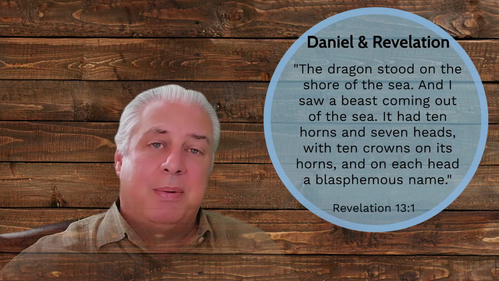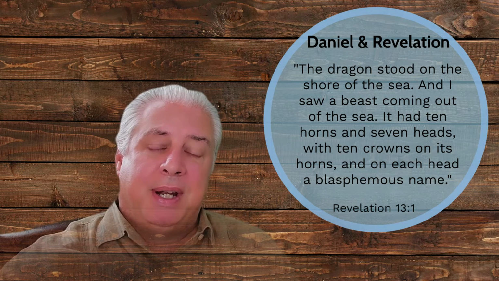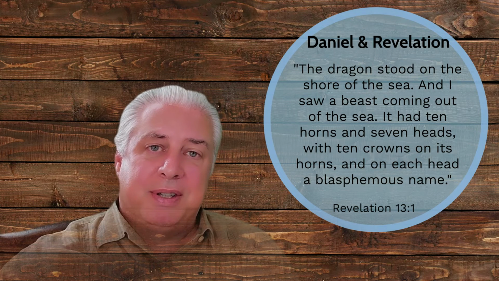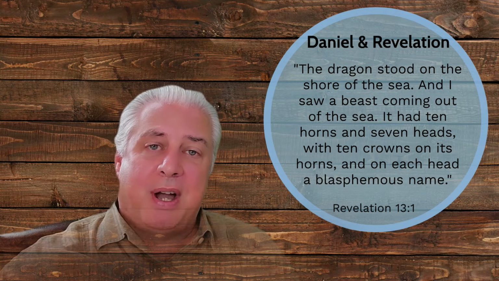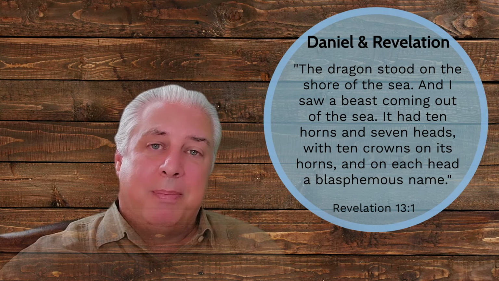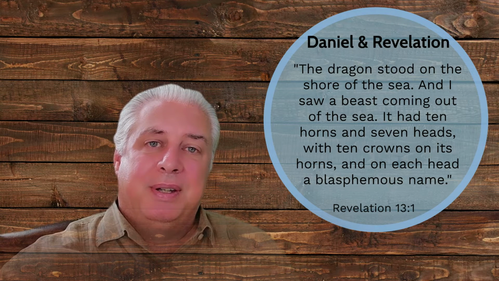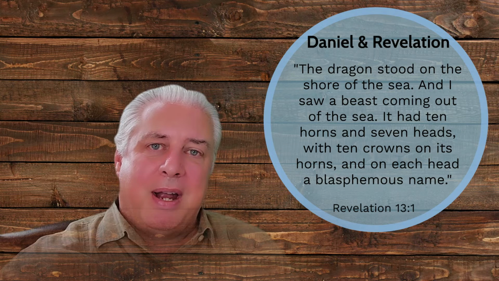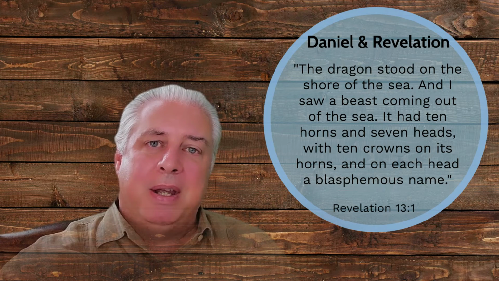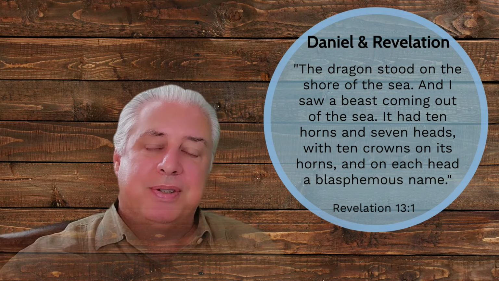I mean, we've already seen it refers to a line of rulers in chapter 8, not just to one. And I think this example of Revelation tells us that there's two fulfillments, one in Antiochus, another one in Titus, and maybe still more. In the books of 1 John and 2 John, we hear about antichrists, plural, and the spirit of Antichrist. So let's be cautious as we try to assign these images. You know, we started this session by pointing out that depending on how somebody identifies this little horn, it kind of drives the rest of their interpretations.